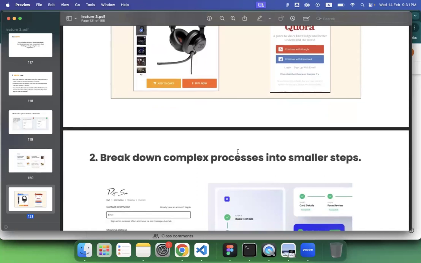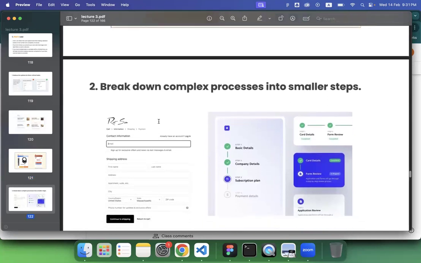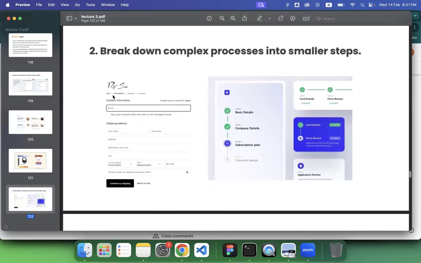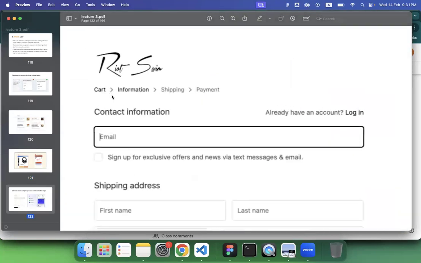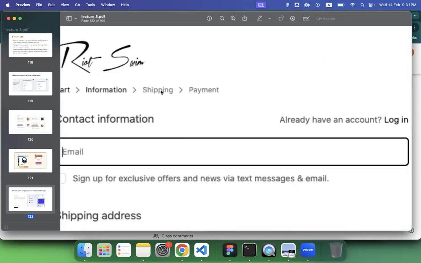without wasting much time. Break down complex processes into smaller steps. So in here on the left hand side, you can see there are breadcrumb buttons. The first step that users took was the cart, and now they are in the information step. So that is the second step. They can clearly go back to cart if they require, and they can see that the next one is the